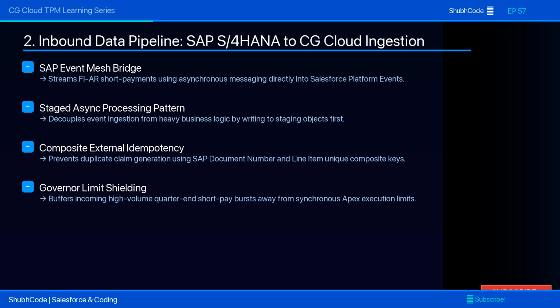Let's trace how a dispute case generated in SAP S/4HANA FI-AR flows safely into Salesforce CG Cloud without crippling your platform limits. When a short payment is booked in SAP, a change data capture event or SAP event mesh triggers a payload containing invoice details, customer accounts, check numbers, and dispute amounts. We stream this directly through MuleSoft into a Salesforce high-throughput platform event named SAP_dispute_ingest__e. Instead of triggering heavy business logic directly inside the event subscriber, our architecture writes this data immediately into a lightweight staging object named